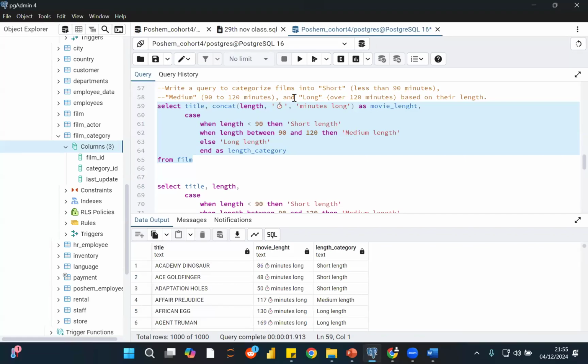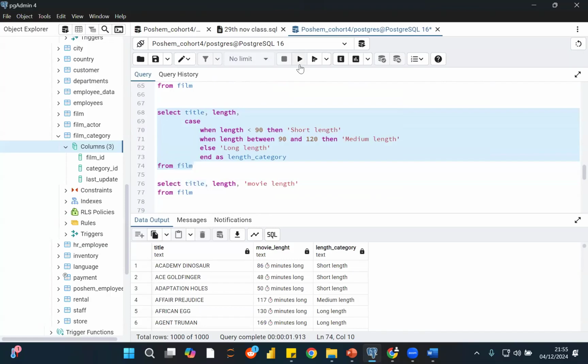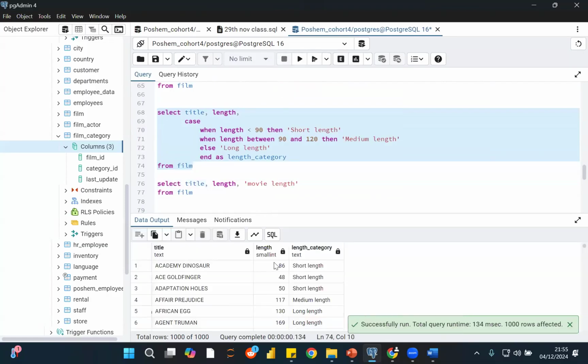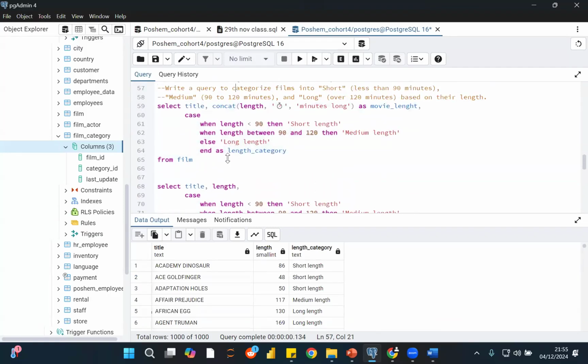Like I'm adding, so you can see now the movie length is no longer a numeric. Before, I think maybe it was numeric, or an integer. It's no longer an integer. It's now like a text. But I'm not using that for anything here, so I don't know. I just wanted to make it